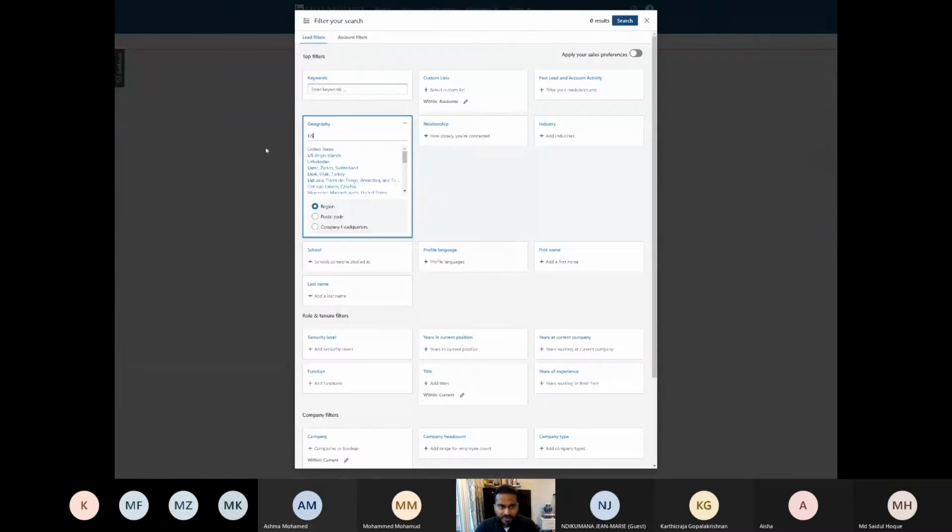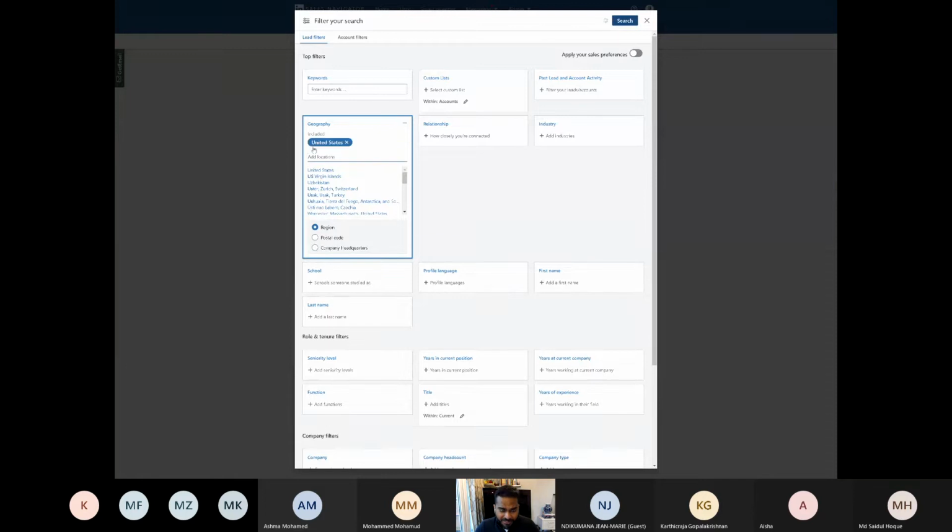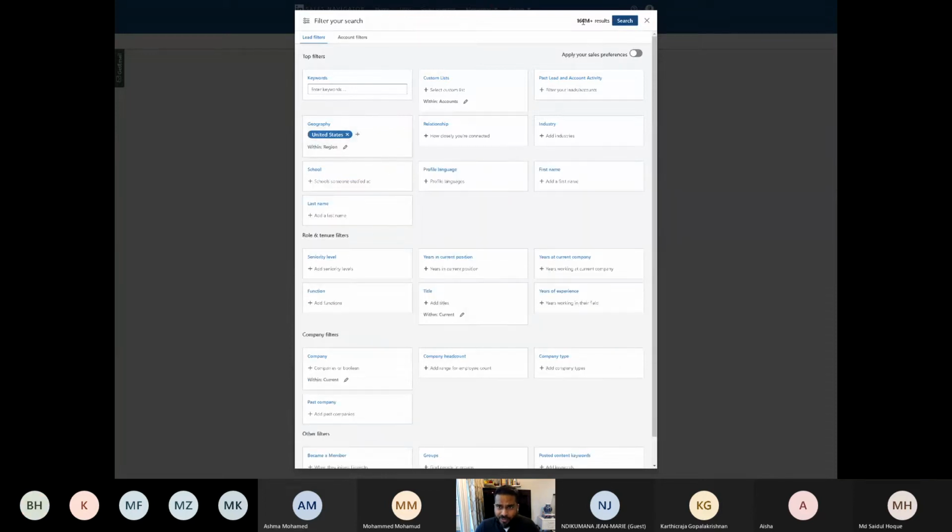So they want to search for potential clients only in the United States. They don't want to go other places. So if you look at the United States, there are more than 166 million people. Obviously we don't want to sell to everybody. If I remember right, they only want to go for science teachers, or you can even say STEM teachers. The moment I put science teachers here, 166 million people became 590,000 people. You can keep looking at this to see how they are reducing.